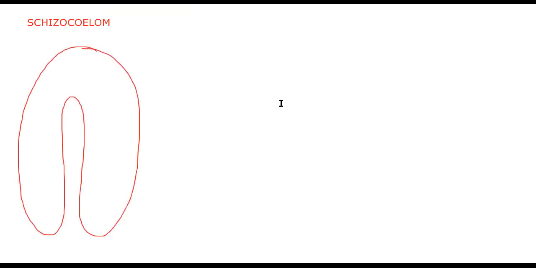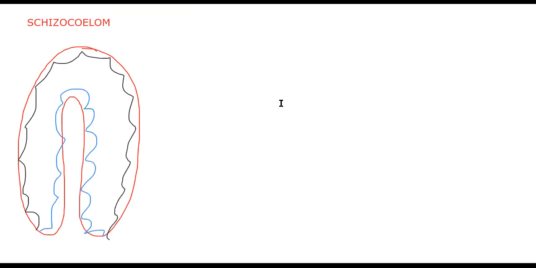So I am taking the gastrula stage again. In the gastrula stage, the outer layer is ectoderm and the inner layer is endoderm. We take the same and the same. The mesodermal cells are at the rim or margin of the blastopore, where ectoderm and endoderm are continuous with each other. We have a specific name for these mesodermal cells.